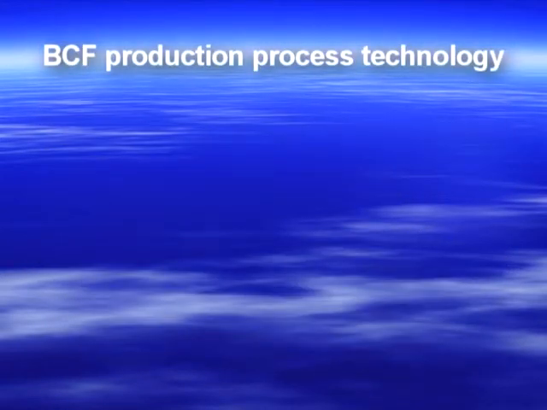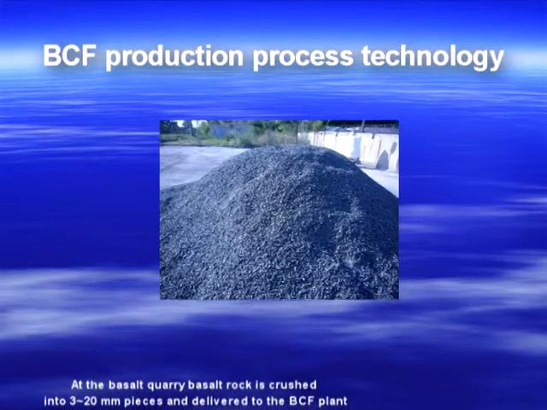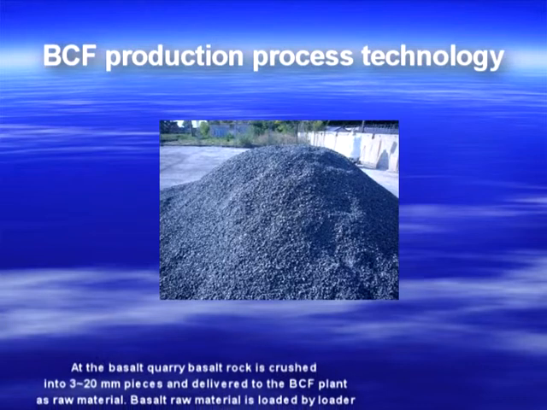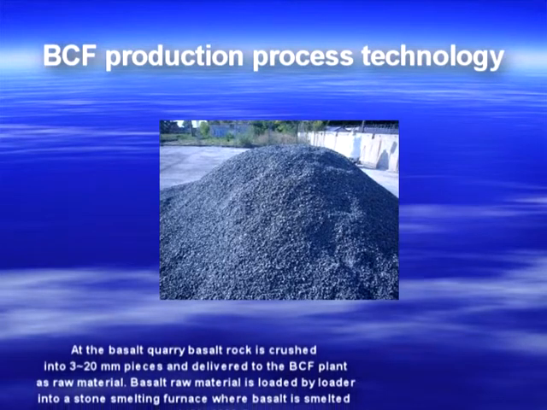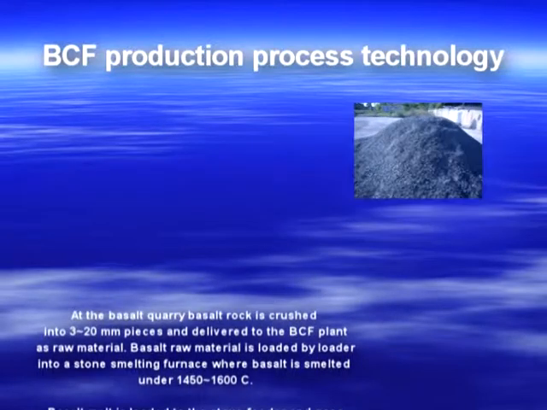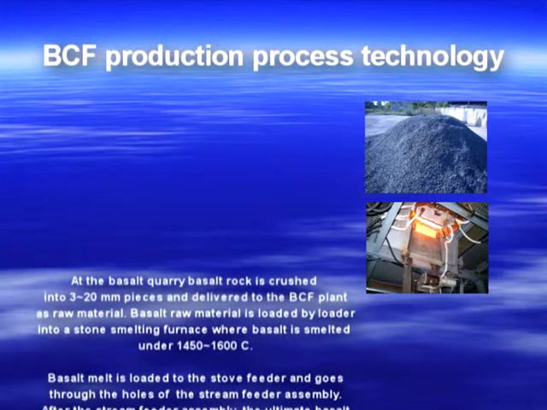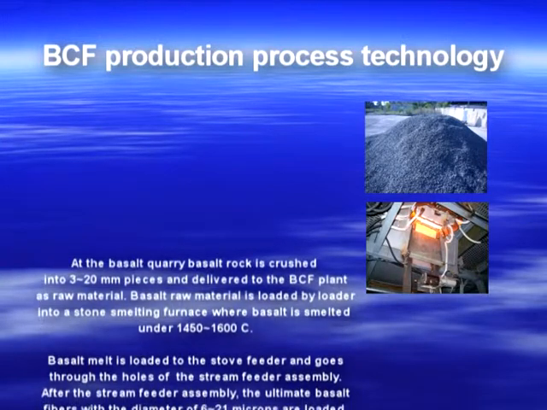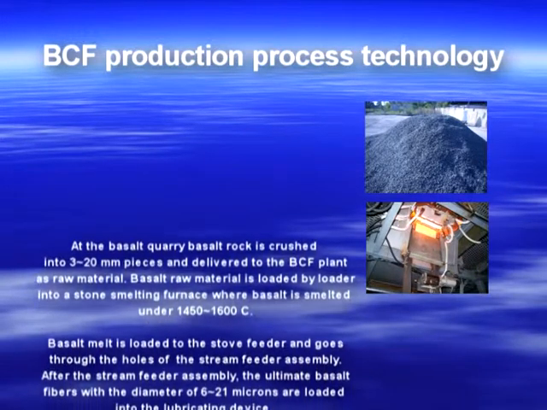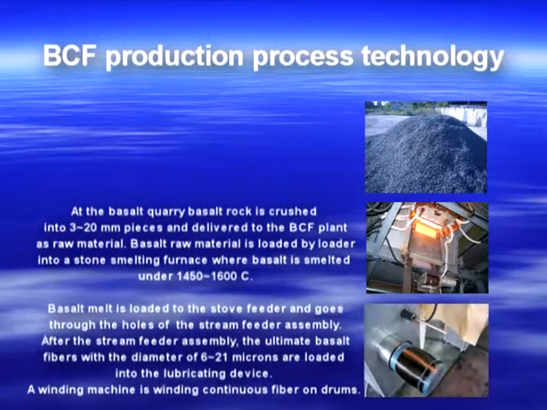BCF production process technology. At the basalt quarry, basalt rock is crushed into 3 to 20 mm pieces and delivered to the BCF plant as raw material. Basalt raw material is loaded by loader into a stone smelting furnace where basalt is smelted under 1450 to 1600 degrees Celsius. Basalt melt is loaded to the stove feeder and goes through the holes of the steam feeder